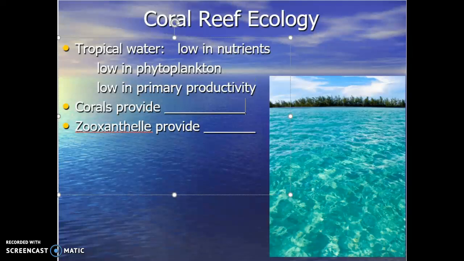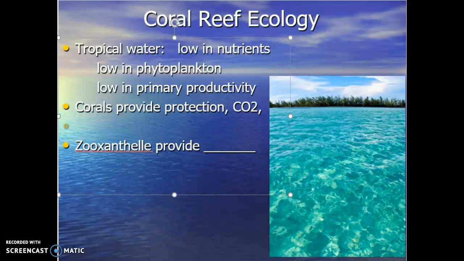And because of the lack of nutrients, phytoplankton, and primary productivity, corals provide protection, carbon dioxide, nitrogen, and phosphates for the zooxanthellae. Alright, and in turn, zooxanthellae provide food,